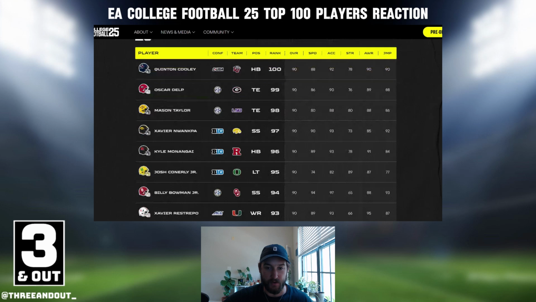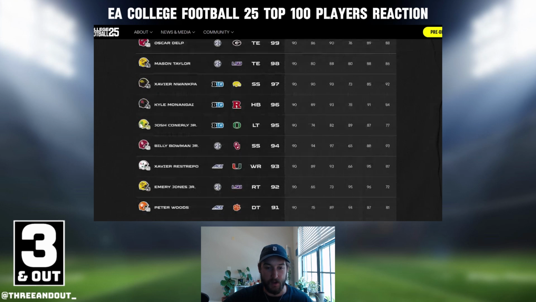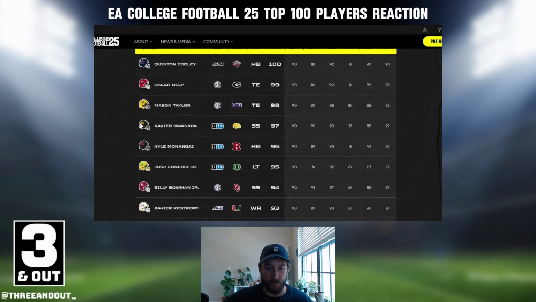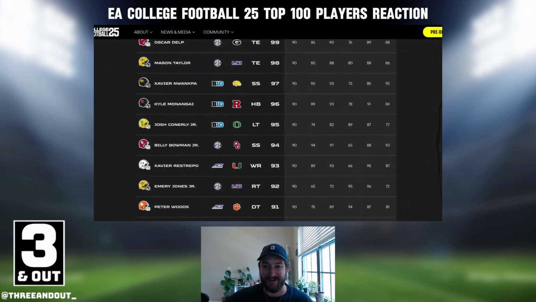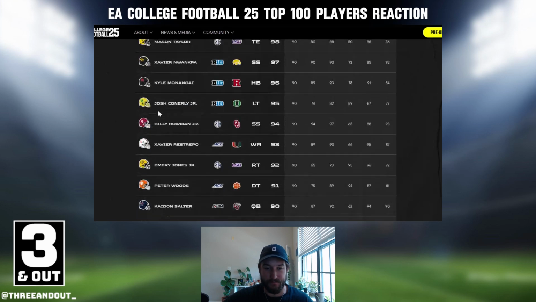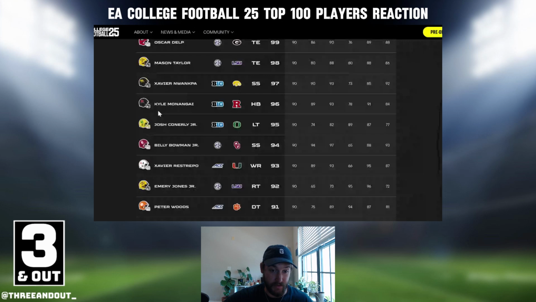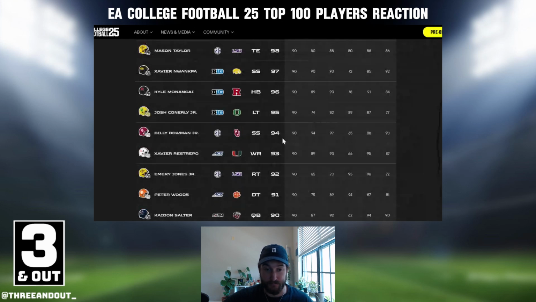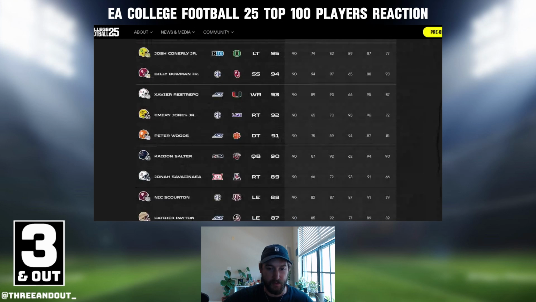Scrolling down the list here, probably mostly Power 5 teams. Obviously, you have the addition for Liberty up here, but other than that, probably going to be looking at a lot of Power 5 guys, which makes sense. You have Emory Jones, 92 overall. No, sorry, I'm looking at the rank. Overall is right here. Okay. Going down, there's another addition from Liberty, Kadon Slater. Liberty is one of the better Group of 5 teams, though, so that would make sense.